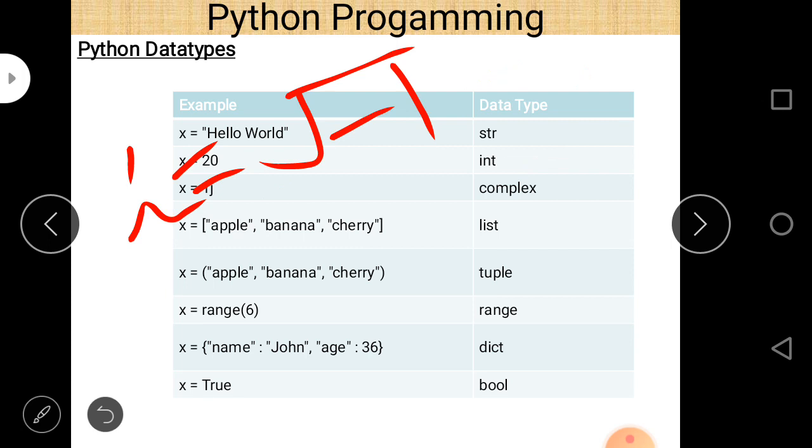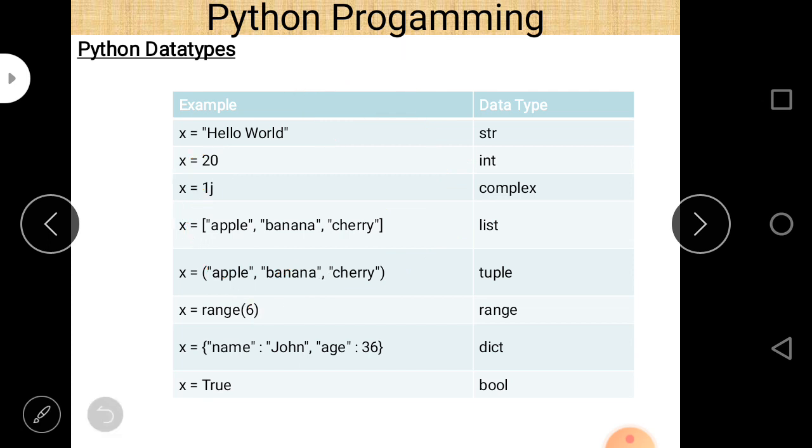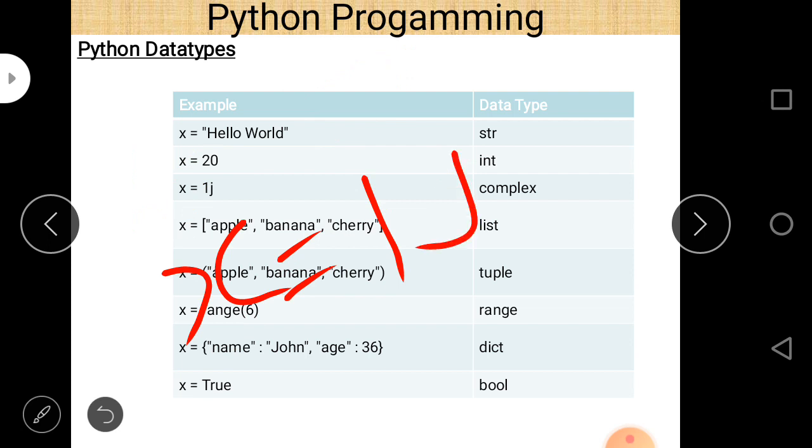But in Python programming, i is replaced by j, so we can say that j is equal to the square root of -1. So here we can easily see that when we say x is equal to 1j, 2j or 3j, whatever the number may be, 1j represents a complex number.